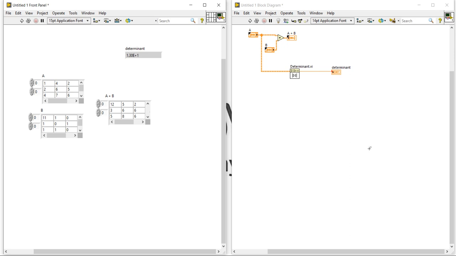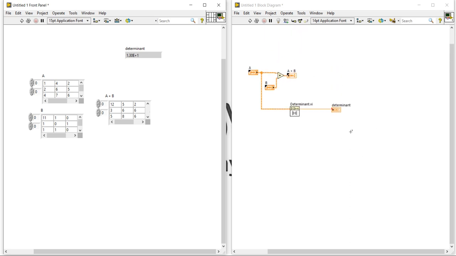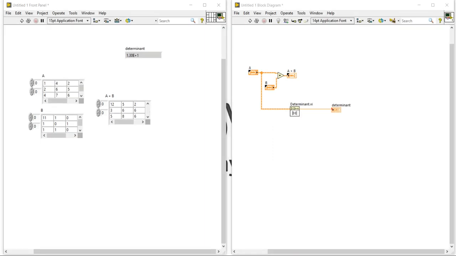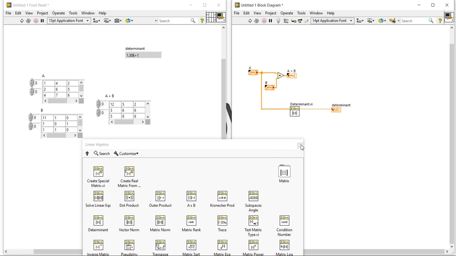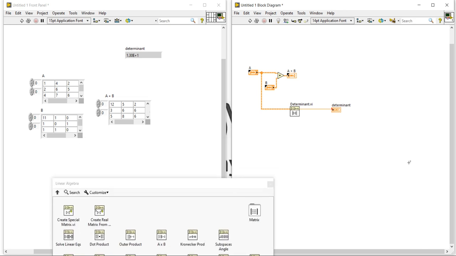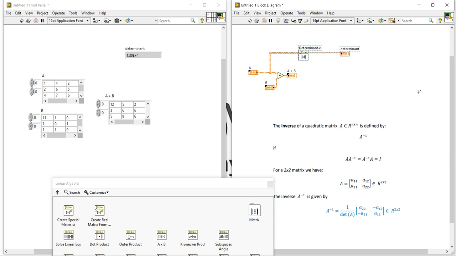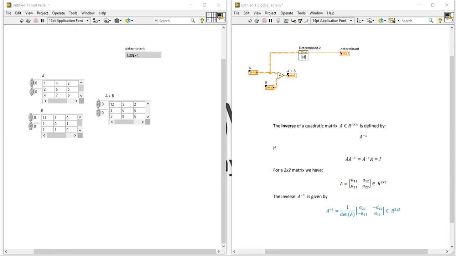Now our next target is the inverse matrix function. You know very well the basic logic behind the inverse matrix function, which I am going to show you. We need to find the determinant, and after that we can design. So this one is the determinant part. Okay, one by determinant and so on. So let's design the inverse matrix concept.